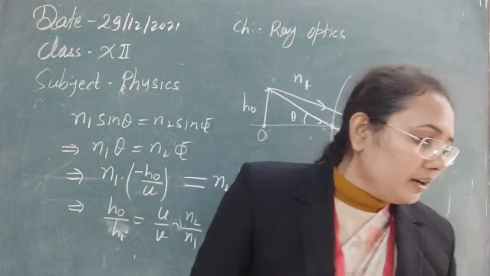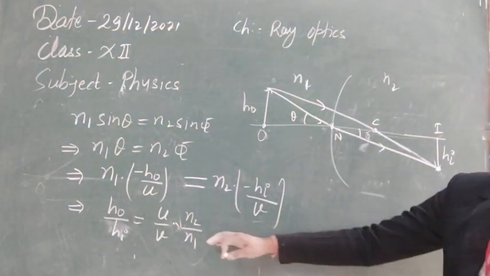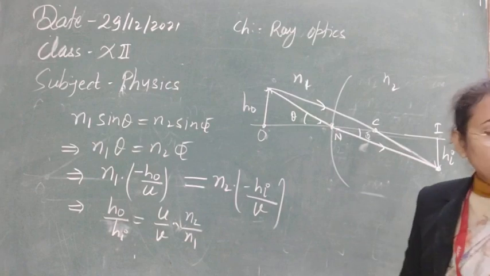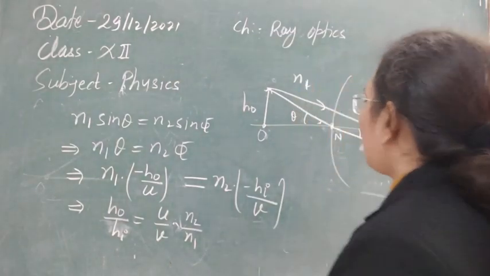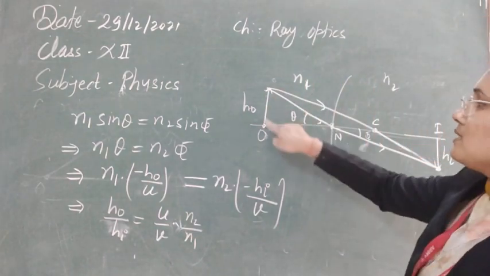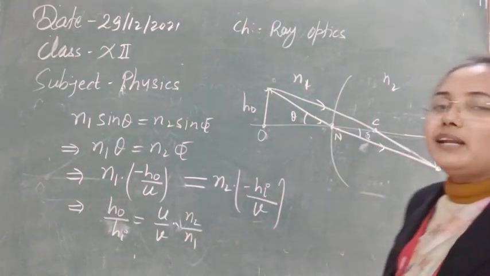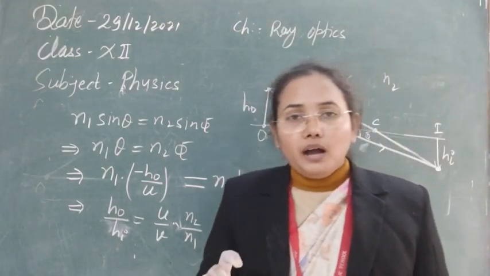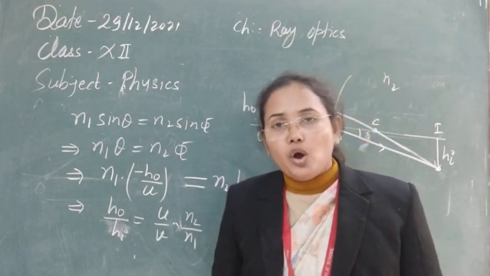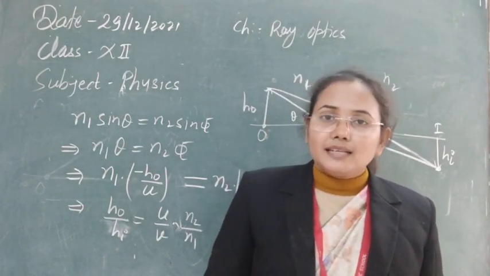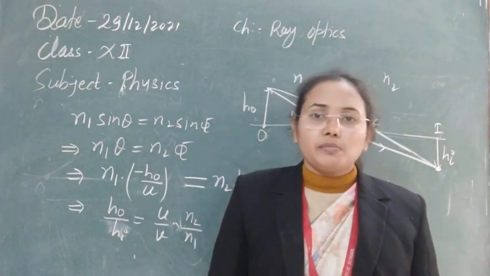So this is now the value of the magnification, or magnified image. Exactly what is that here? Suppose any object we have kept on the principal axis has height h0. After passing through any spherical surface, how much reduction or increment will be in the height of the object? Whether the height is increasing or reducing, we can find out by using transverse magnification.